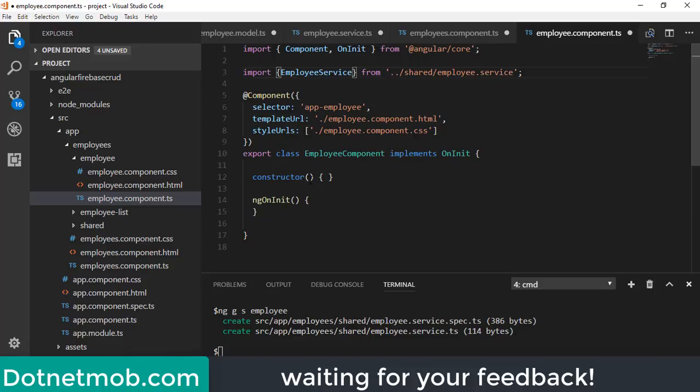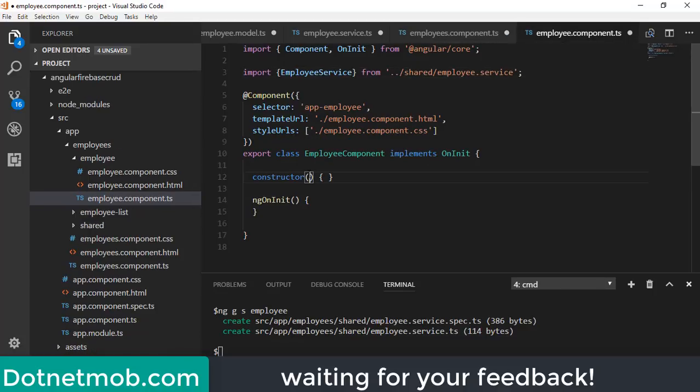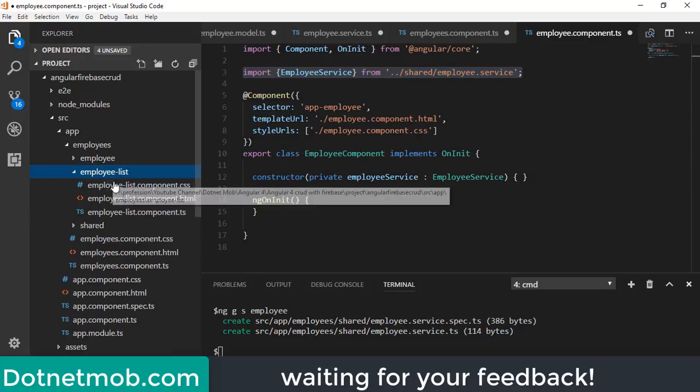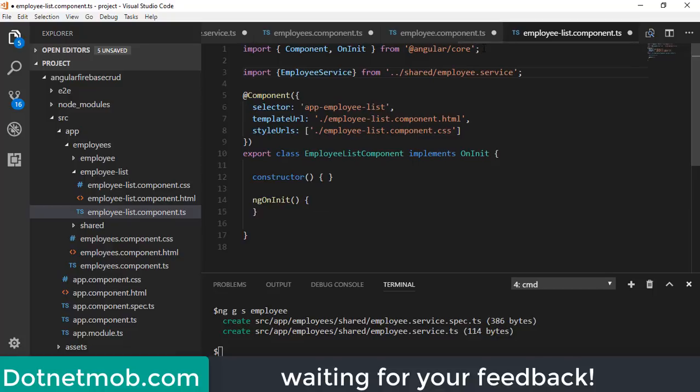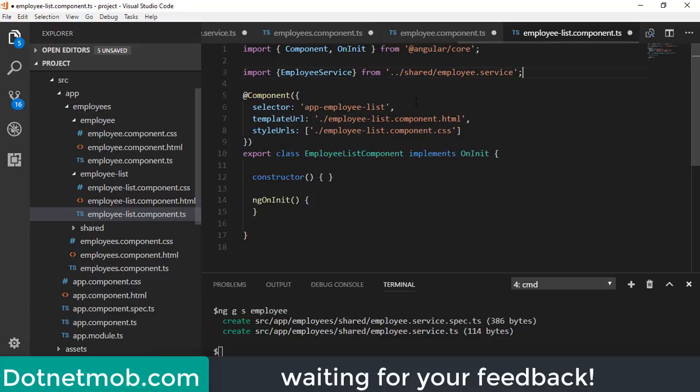And now we need to just declare a property like this inside the constructor. Let me copy this and paste it in here. Now we need to do the same inside this employee list component, and we will copy this employee service property or parameter inside this constructor.